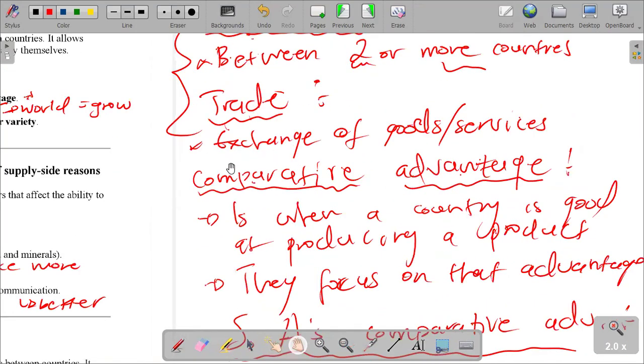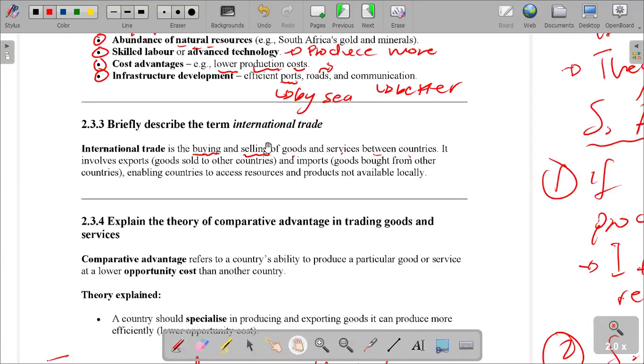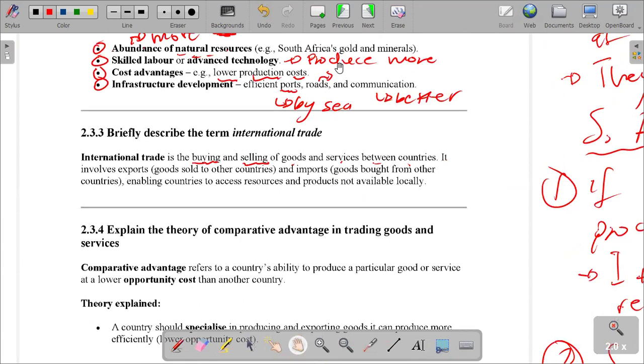And then trade is the exchange of goods and services. When you combine the two, you get the buying and selling of goods and services between countries, two or more. So what does it involve? It involves exports. Exports is when we, as South Africa, sell to another country. And import is when we are buying from another country, enabling countries to access resources and products that are